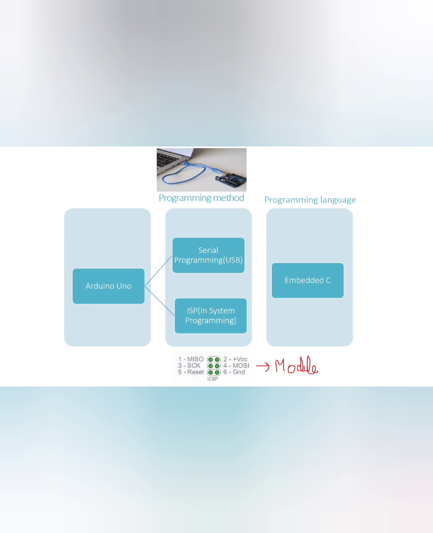In the IDE software, you can go to tools, then you can select the programmer Arduino as ISP. The programming process uses VCC, ground, and 4 data pins. 3 pins are connected to MISO, MOSI, and SCK between the programming micro and the target micro. The 4th pin from the programming micro goes to the reset pin of the target.